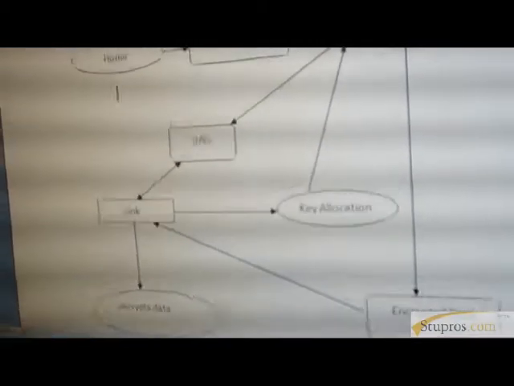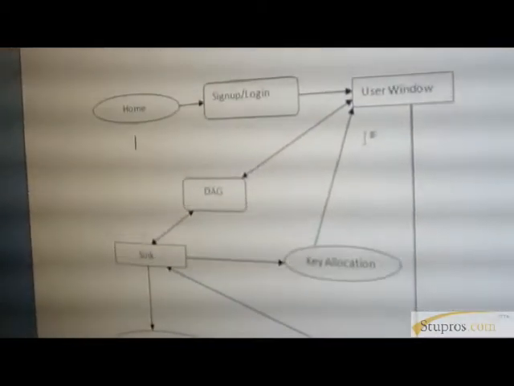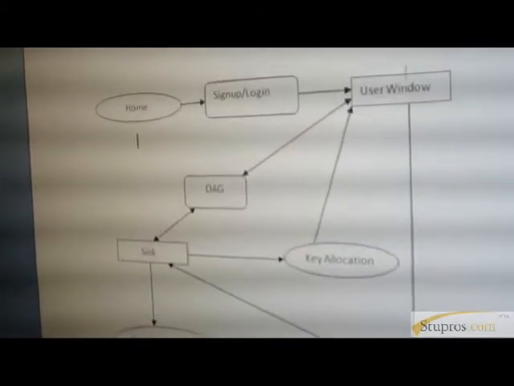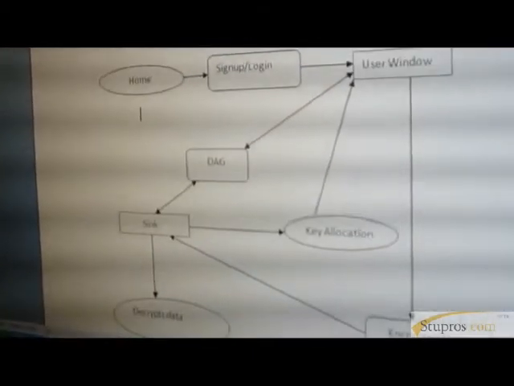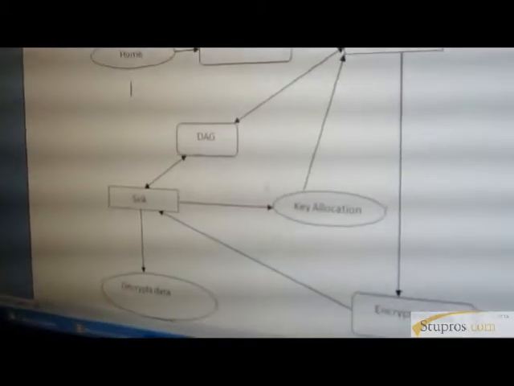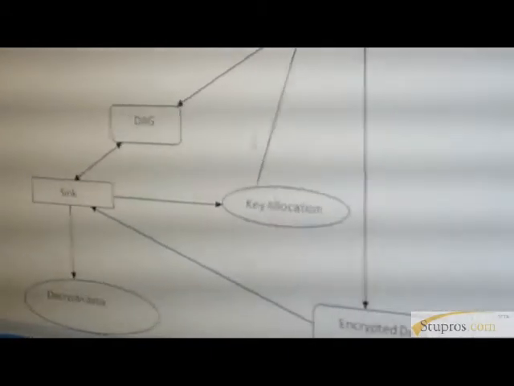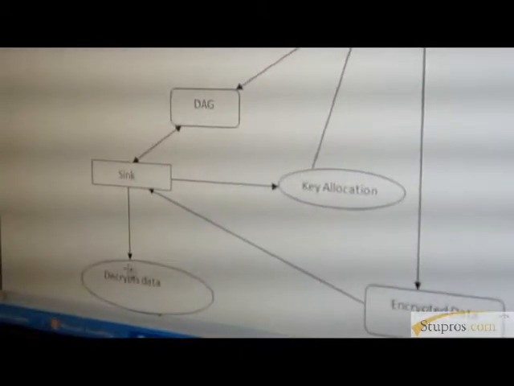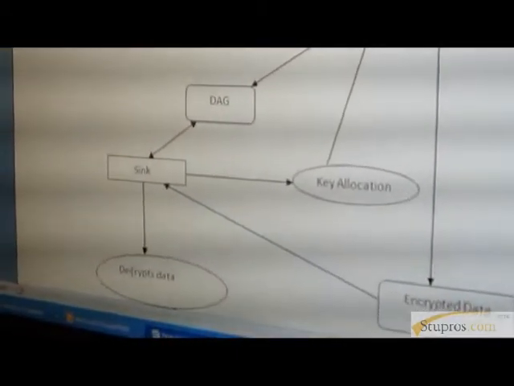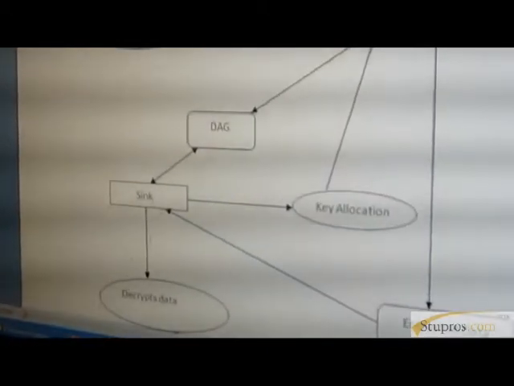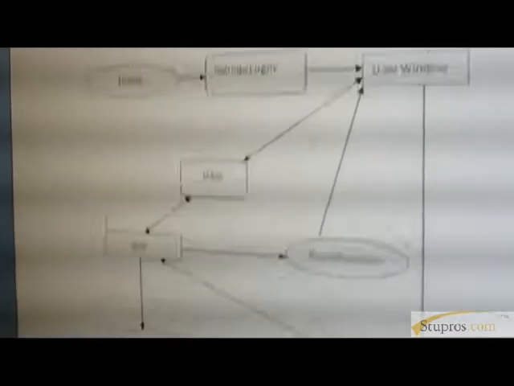The key is sent to all users inside the network. So each user has one particular key only. Using that unique key, they are able to encrypt the message and divide it into packets. Then only they will select the key path. Using that path, they will transmit it to the sink node. The sink node receives the message and decrypts it using the key set by the sink. So the sink will check for the packet dropper using the key path.